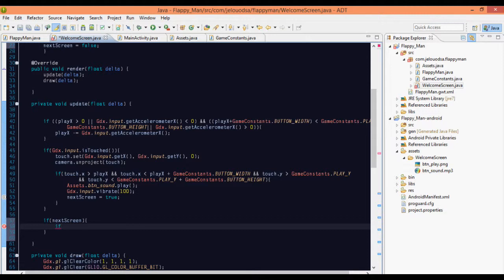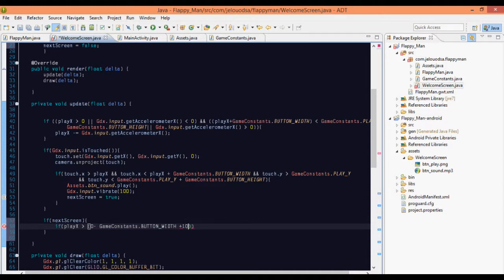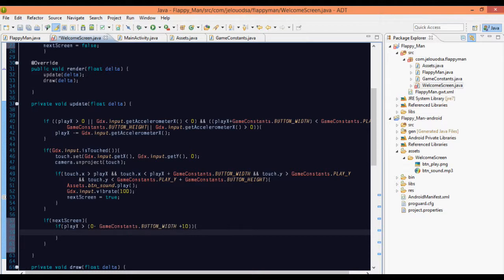So you have to check the coordinates. If play x, then the x coordinate is greater than, this is always a bit tricky. Let's stick on to this constants dot 0 minus width. Yeah, width plus 10, just opposite variable. You don't really care about that. So then that means our play button is still on the screen, minus equal to, so